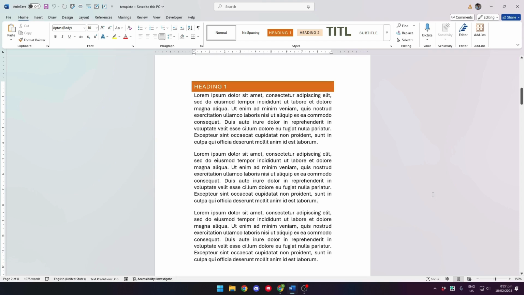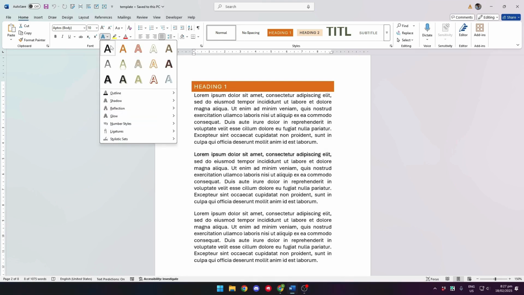Now to create an outline text, simply highlight the text that you want to create an outline of. From here, make sure that you're on the Home tab. Now click on this icon right here, which will open up a list of different presets that you can use